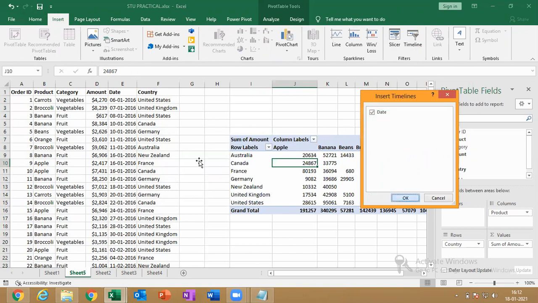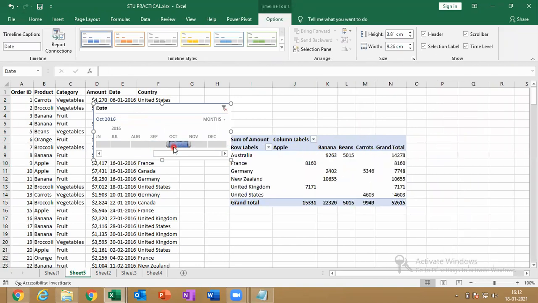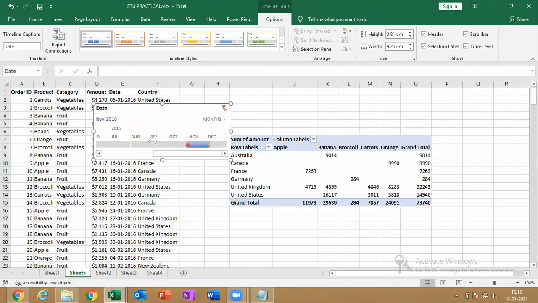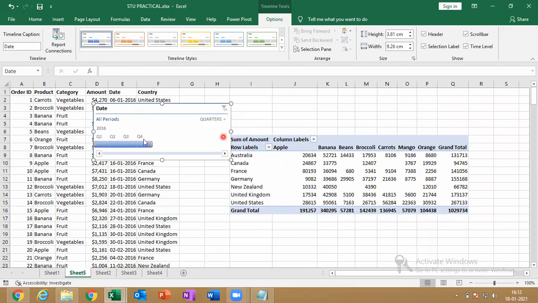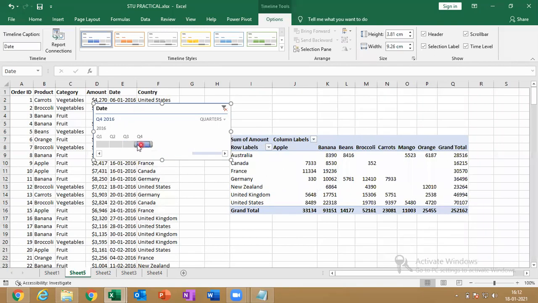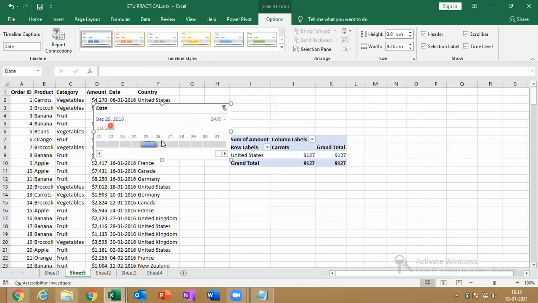Just select. So here September month report, October month report, November month report, or else you drag like this for a few months. Clear. Quarters: third quarter, fourth quarter, second quarter, first quarter. Clear. For days, December 25th report, United States, carrots, this much.